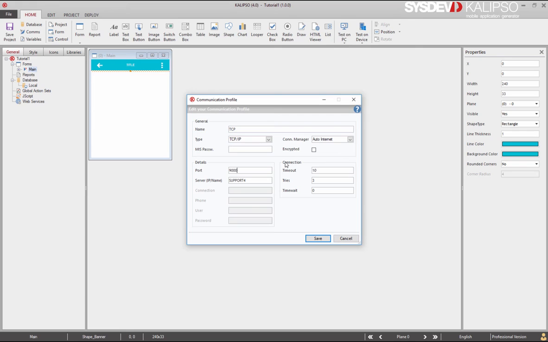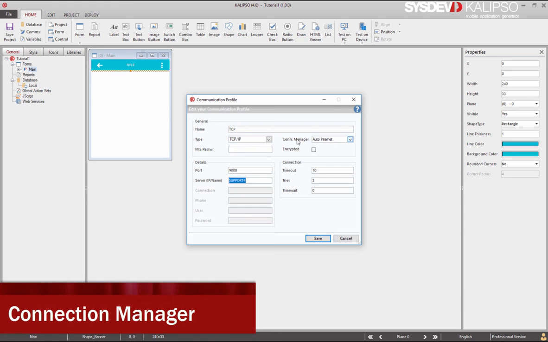For GPRS, you need to bear in mind that the server will probably be the address of a router, which can be a public IP address or a dynamic DNS address. In either case, you need to forward the port by NAT, from the router to the machine where MIS Communicator will be. When developing for Windows Mobile or Windows Desktop, you need to be aware of the Connection Manager parameter,